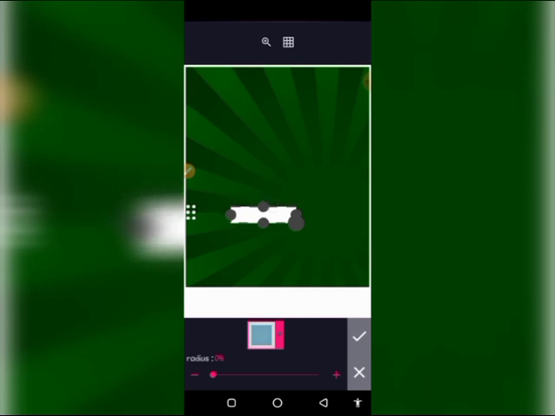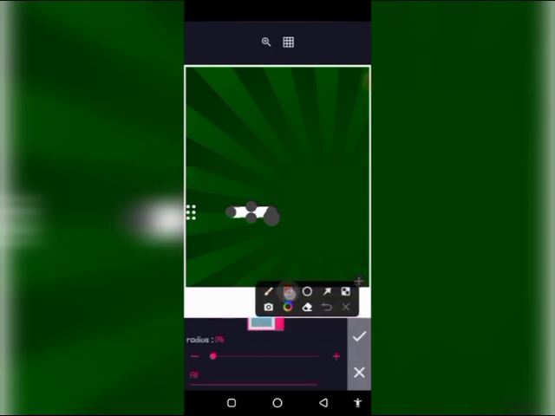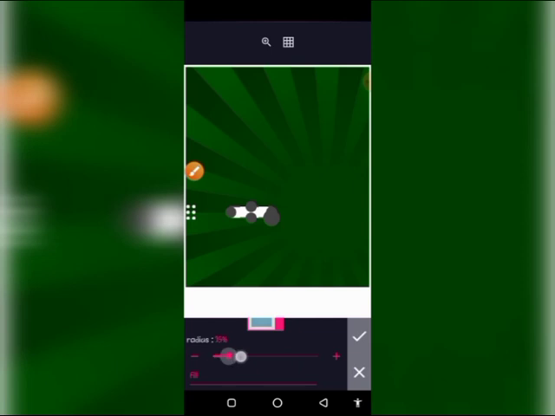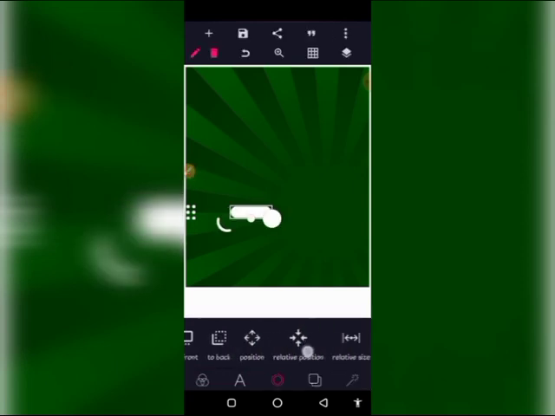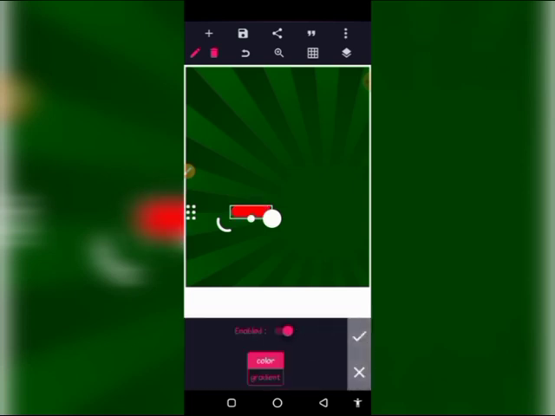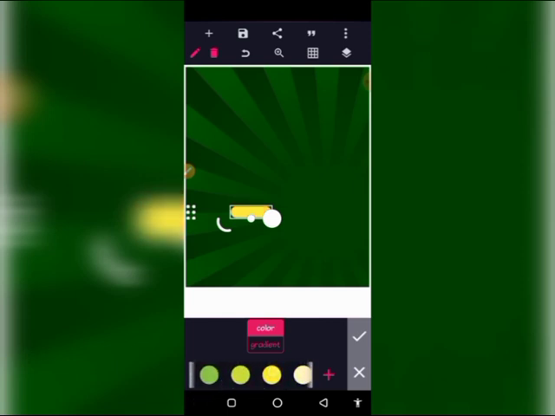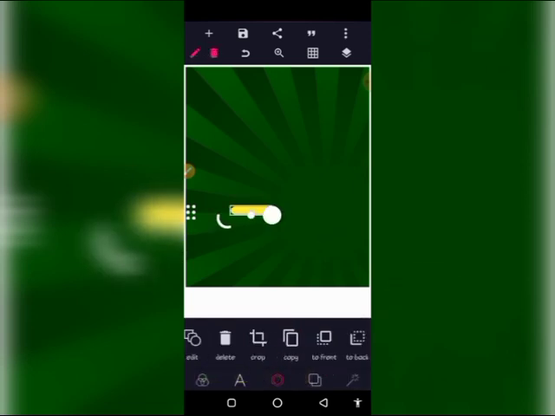So I'm just going to scale this down a little, something like this. All right, so at that position, you tap on the radius here. So when you tap on this radius, move the slider to 100%. So here I can change the color of this to maybe a yellow color. So I'm using yellow for this. Okay, yellow color, something like this. Okay, so I'm going to copy this, tap on it, then copy, bring it to